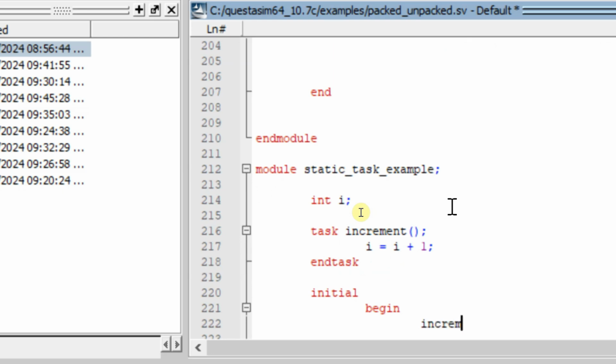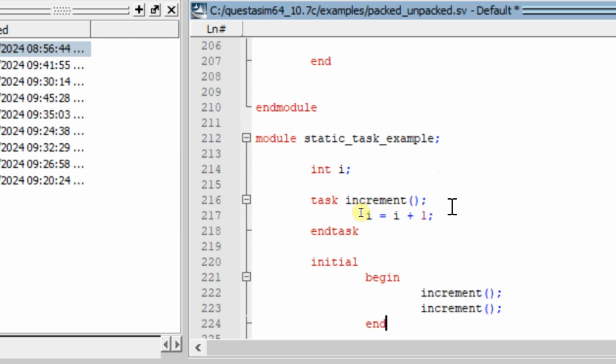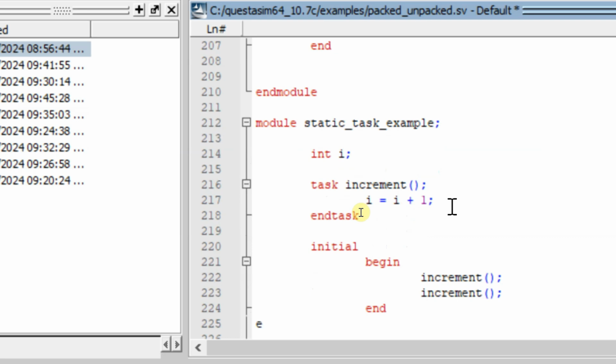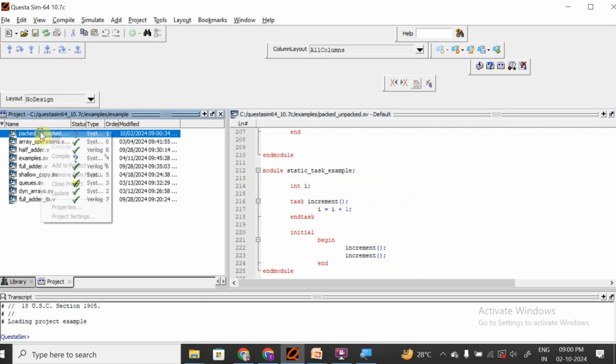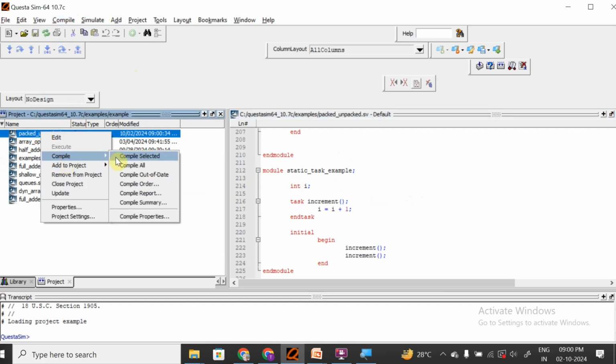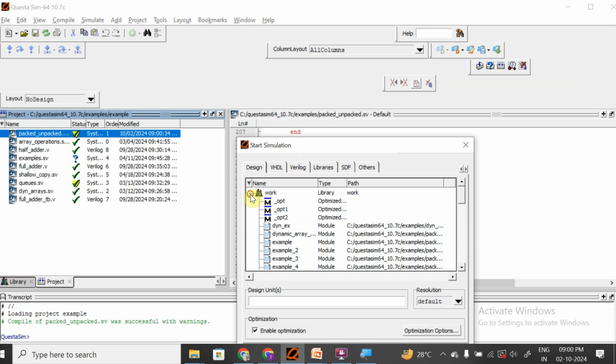Let me call it increment, and let me call it again increment. So I'm calling this task 2 times. End module. Let me save this and let me simulate this. Before that, I should compile this. Compile, select. Yeah, simulate, start simulation, work,